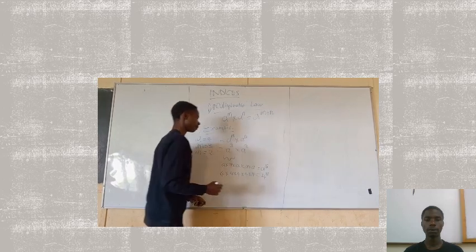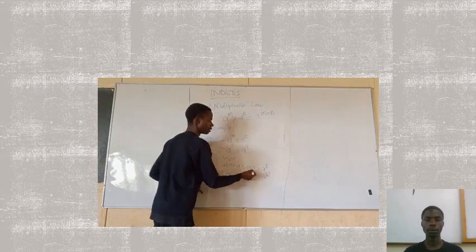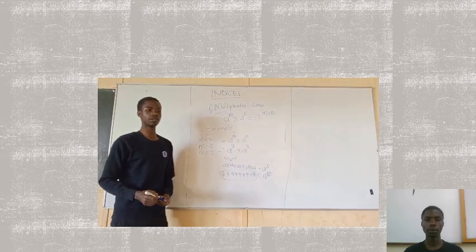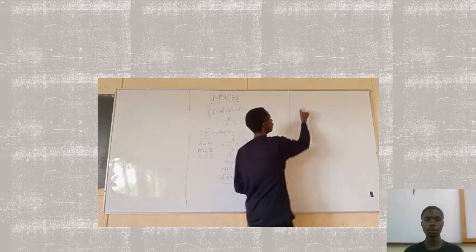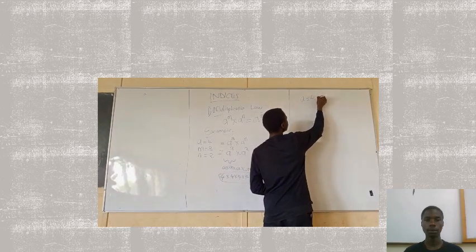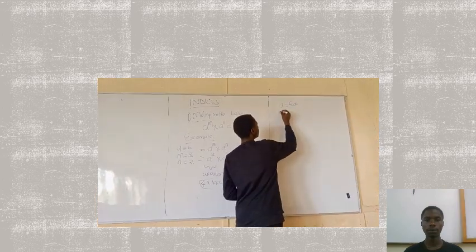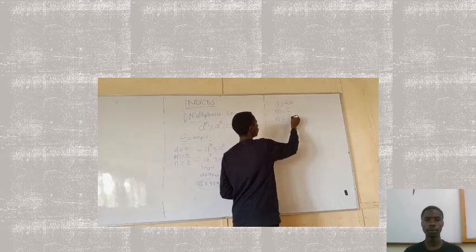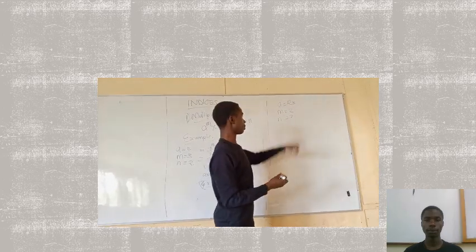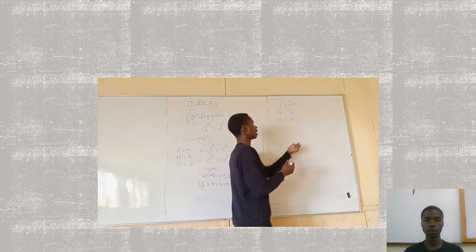This 4^5, this 5 is the number of repeated times 4 has been multiplied. We can have another example where a is equal to 2x and m is equal to 2, n is equal to 3. Let's use this example here. So our question can be